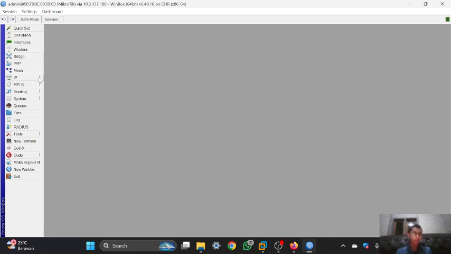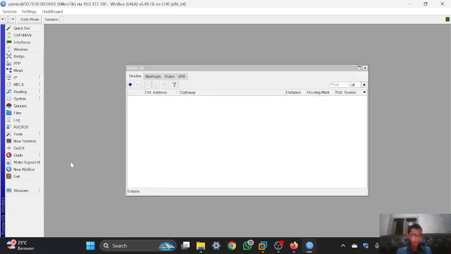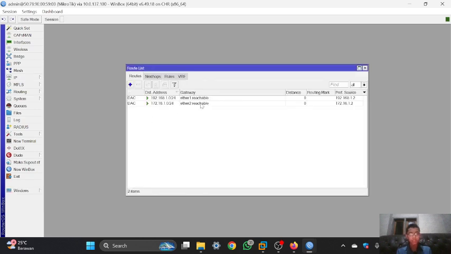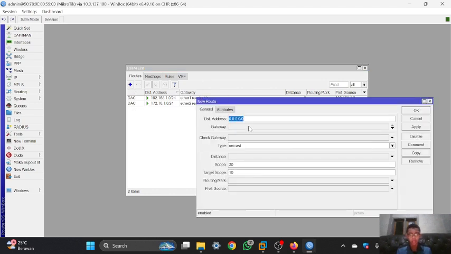So to configure it, you can go to IP and then routes, and then in here you can see that there is no information that connects to the internet. So I will do in here, you can click add, and the destination is default, which is 0, and the gateway is the IP that connects to the ESP1, which is this IP, because the MikroTik client connects to the 2 ESP or 2 link network.